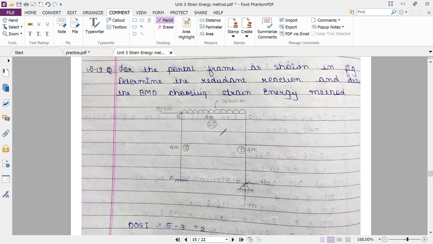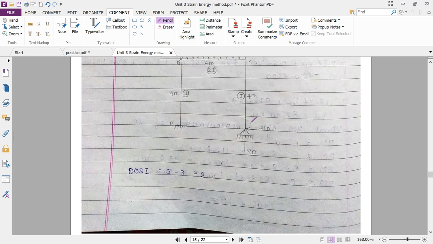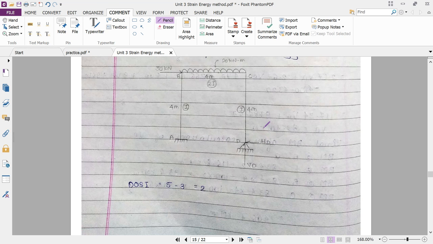Here, what will be the difference is this: there is a hinge support here, a hinge support here, and here it is a fixed support. So here the reactions will be one vertical and one horizontal. Therefore here it will be 3 and here 2, so 3 plus 2, 5 will be there, and known equations are 3, so 5 minus 3, 2. So here 2 unknowns will be formed, and they will be calculated like this. So here you will get the final output in the form of VA and HD.